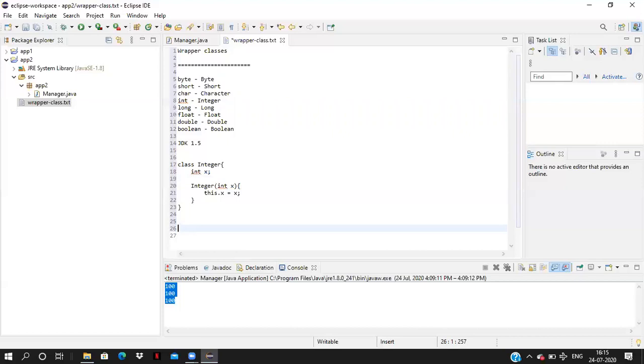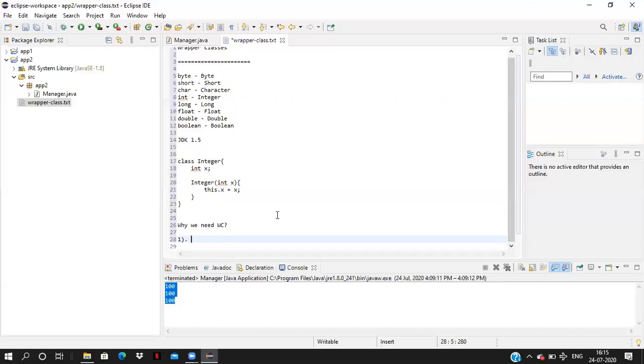But why do we need the wrapper class? We have primitive types, and we can store the data in the primitive type. Then why do we need a wrapper class? This is a very important question. Why do we need a wrapper class? I'm just putting WC.